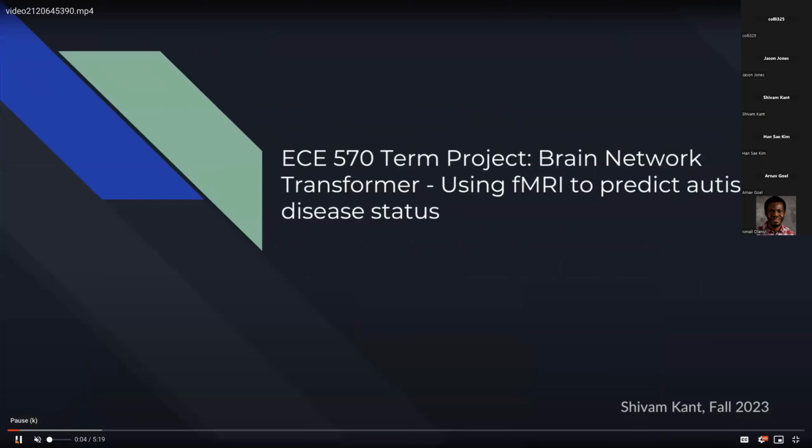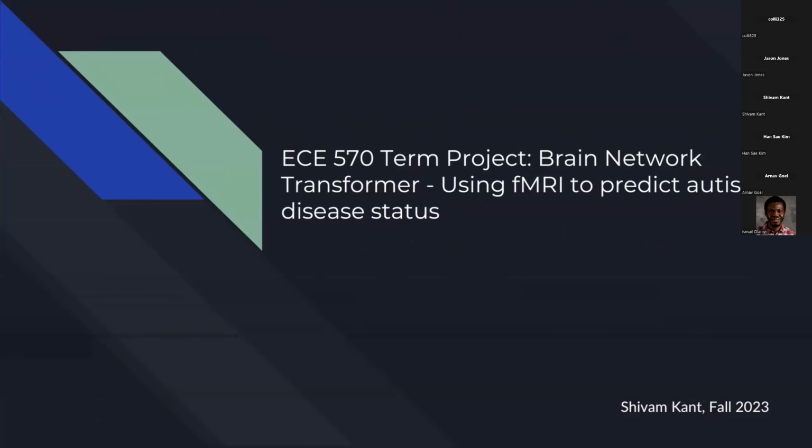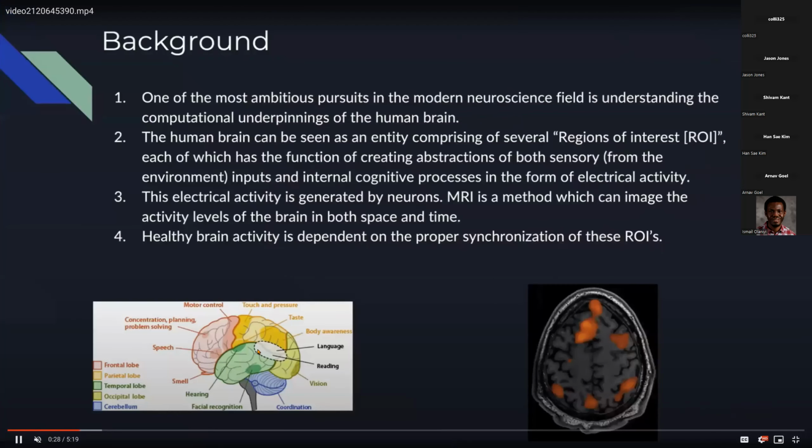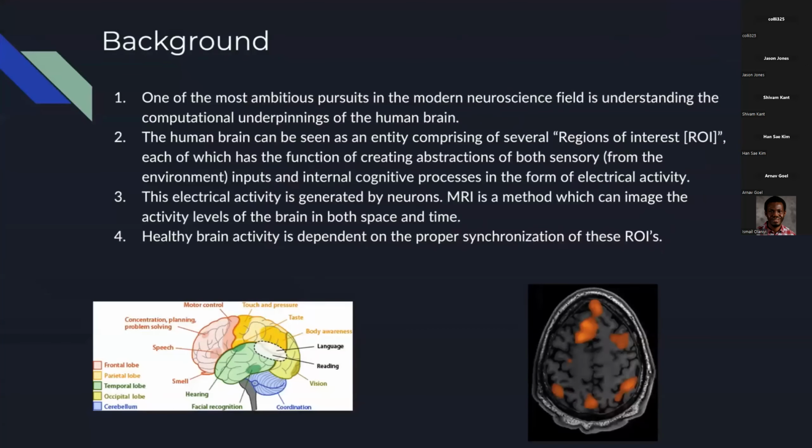So, hi everyone. Today I'll be presenting my term project. It's titled Brain Network Transformer, which is using fMRI to predict autism disease status. Let's go over some neuroscience background. Recently, one of the most ambitious pursuits of modern neuroscience is to model the functioning of the whole brain. The whole brain can be seen as a natural computing entity that comprises several regions of interest, and these regions are specialized for specific functions. On the left, you can see that some regions are specialized for concentration, and some for taste, vision,